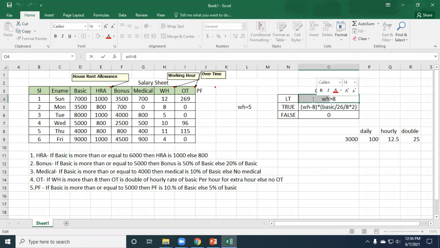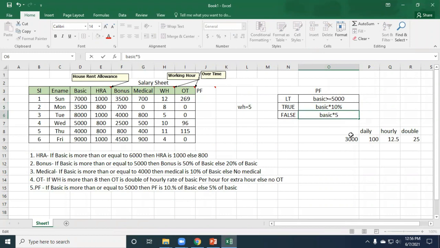If basic is basic, you have to click on basic. For PF, basic is greater than or equal to 5,000, then basic, we already did that one, just like HRA and bonus 10%, else basic into 5%.